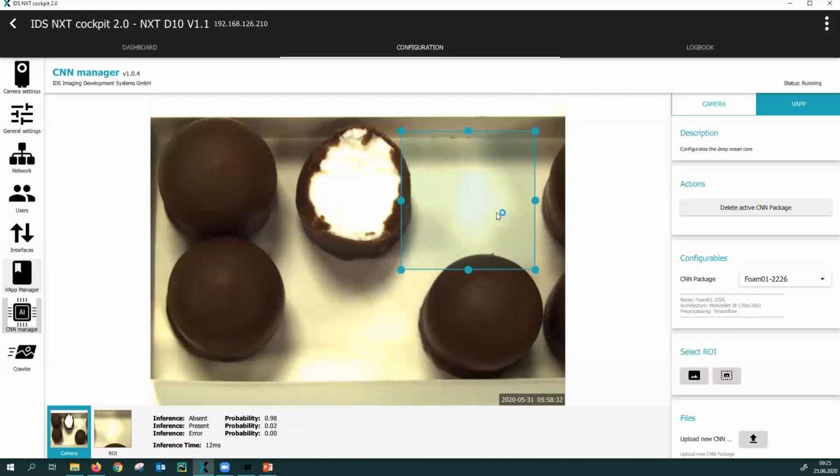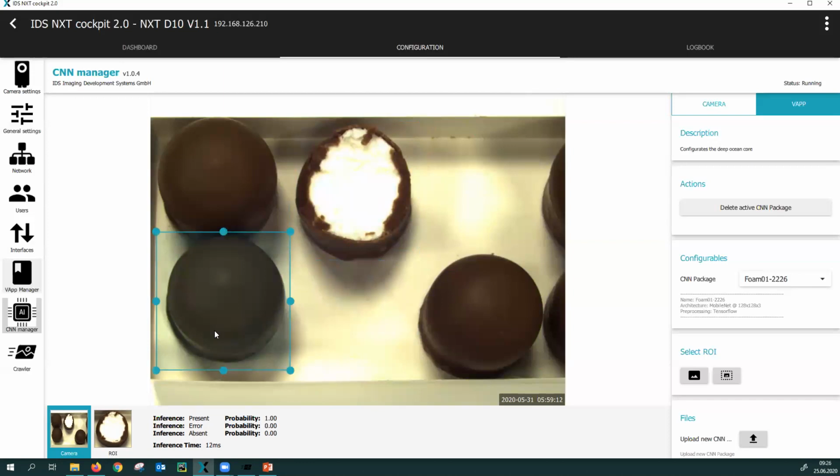Also, when you want to detect errors, then as the errors get more and more complex, it will probably require more and more rules to get to such an approach. So I think here deep learning is a really nice and iterative way to increase the complexity and the scope of the application. So I just switched to the other model that has 3 classes. We can see here that we clearly have an error. It still classifies the absent and the present foam kiss correctly.